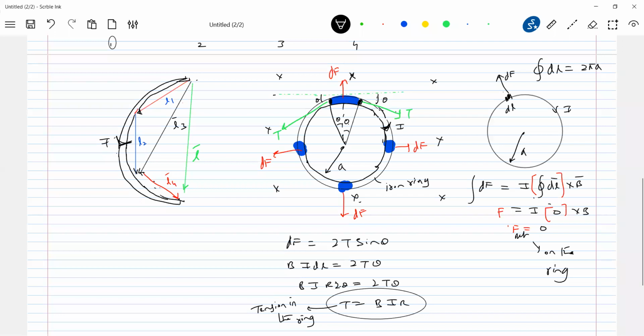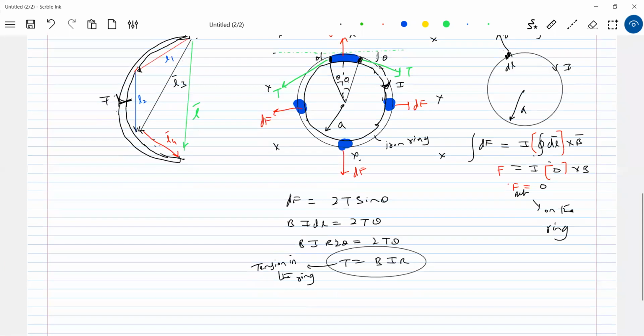Current carrying loop kept in a non-uniform magnetic field, net force will definitely be non-zero, because if the field on one side is more than on the other, definitely the net force will be upward. Able to make it out? So this is the basic introduction. We'll go for further. And now let me take two